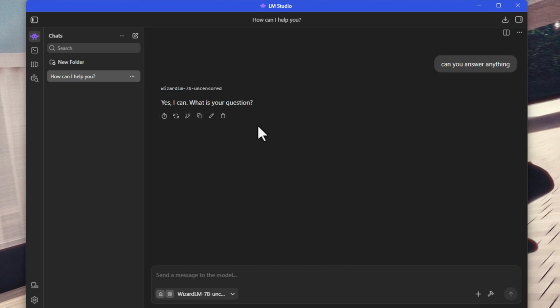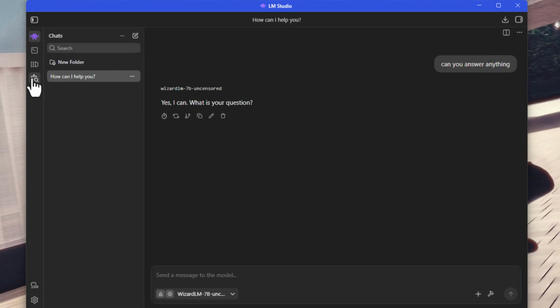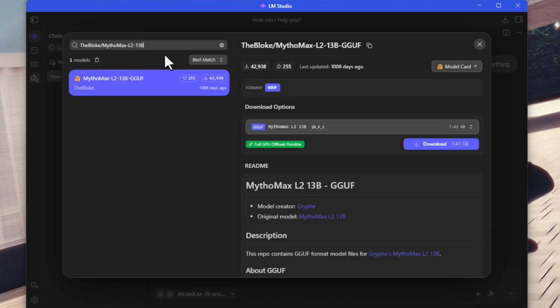You can also use a model which is better than the one we are using. Check my video description for this text and go to model search, paste the same text we copied and press enter. You can see 42,000 people downloaded it. Select the download option and, the same way, use a new tab and you can use this model, and this is